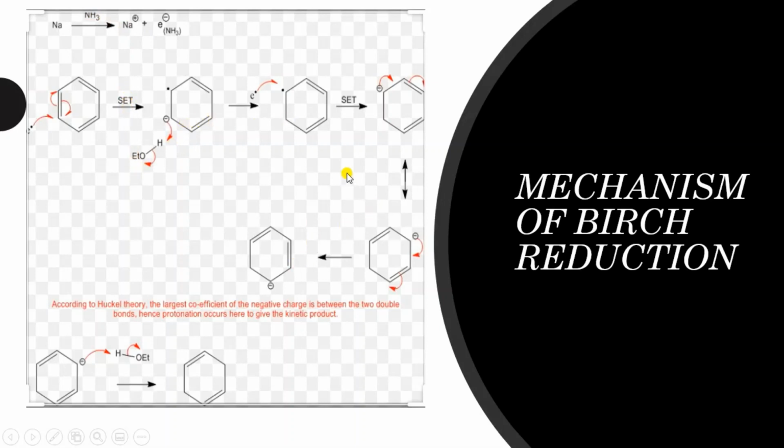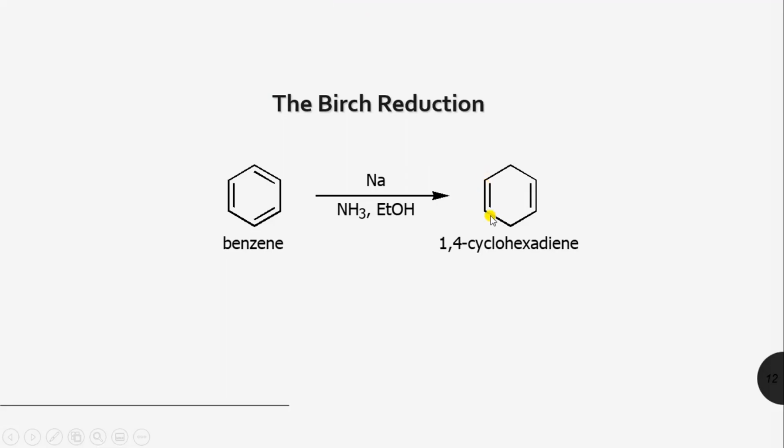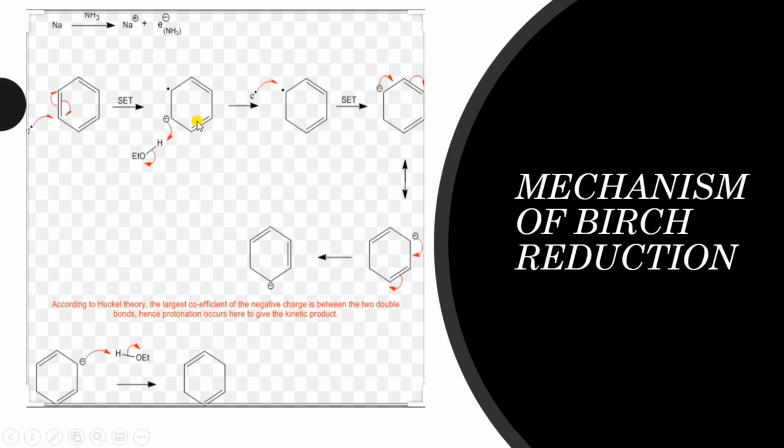And then a diradical is produced. I'm not going to show you the mechanism of this reaction, because I think in the last semester, I don't remember, but hopefully you will be familiar with the reduction steps, the mechanism of this Birch reduction. If not, I will provide you this slide as well.